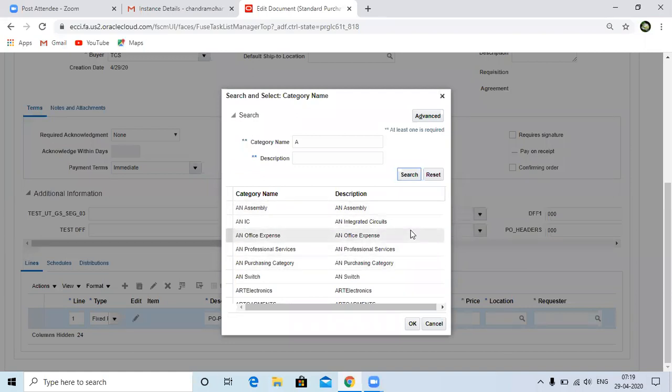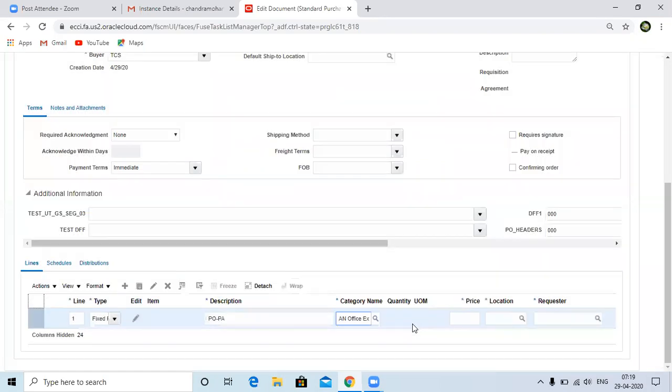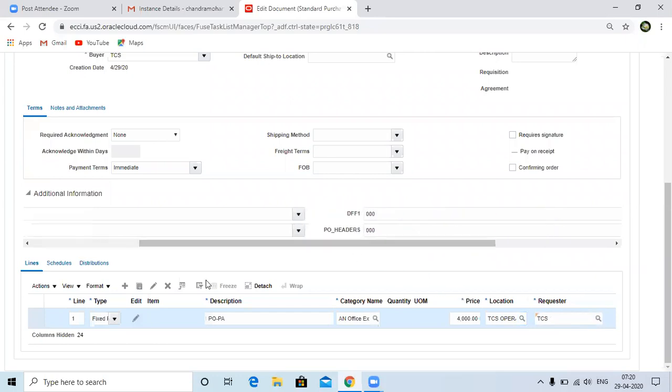Take any one of the supplies which exists. So office expenses. And for price, I'm giving 4,000 as the price. So location. This is a line level location. And the requester. So who is the requester for this particular line? And click on the edit button.